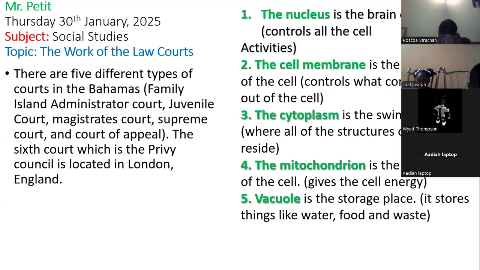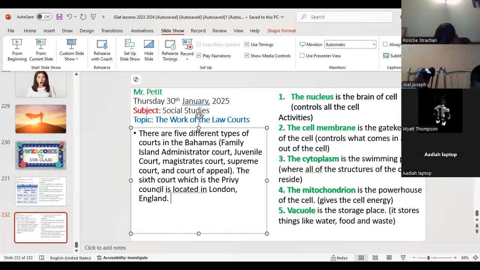Okay, next. All right. So let's talk about the work of these different courts. What do we call a special court for people under 18 years old? What do we call it? Juvenile, very good. So juvenile court is a special court for young people